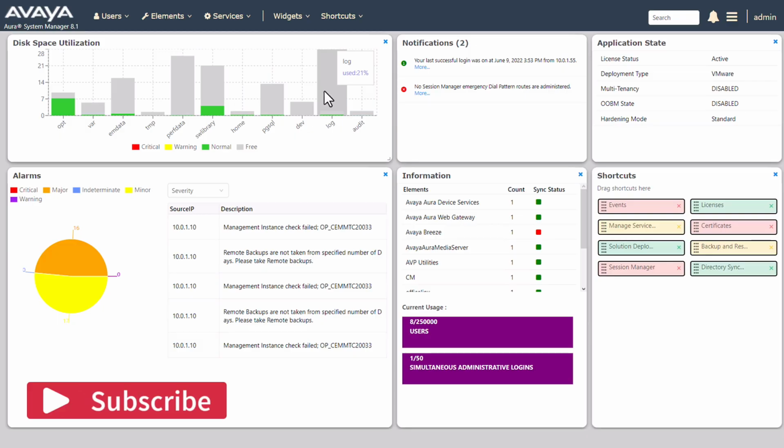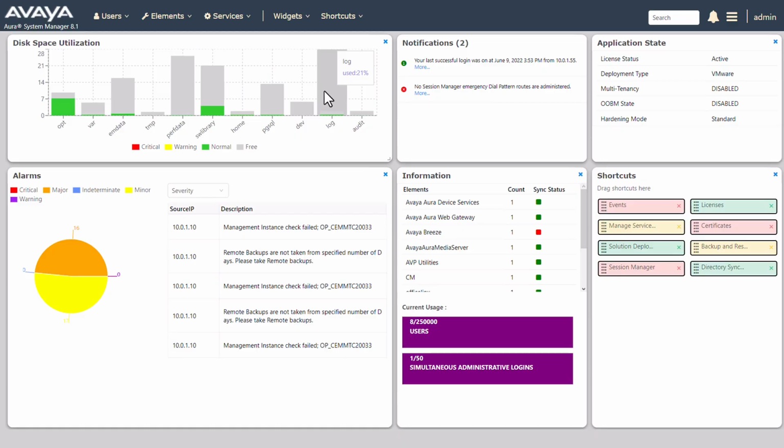We're going to tackle installing certificates onto J100 phones, and if we want to register our Avaya SIP phones with TLS, we'll need to install that root certificate onto the phone itself. In my case, it's going to be my System Manager's root certificate, and we can download this certificate from System